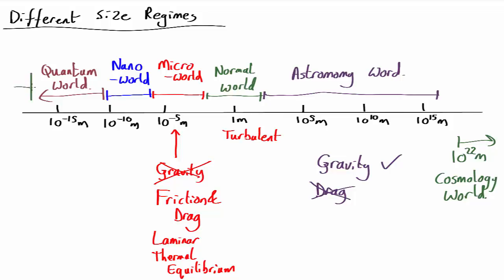And there may well be some more worlds down here below the quantum world, and so there's grand unified theory and things like that. So the point here is that there are many laws of physics and they all apply at all scales, but which one dominates tends to depend a lot on the scale. So you wouldn't worry about gravity down here, you don't really worry about quantum diffraction up there, usually. There are exceptions to all these things, but this gives you a good first guess as to what are going to be the most important physical principles on some different scale.